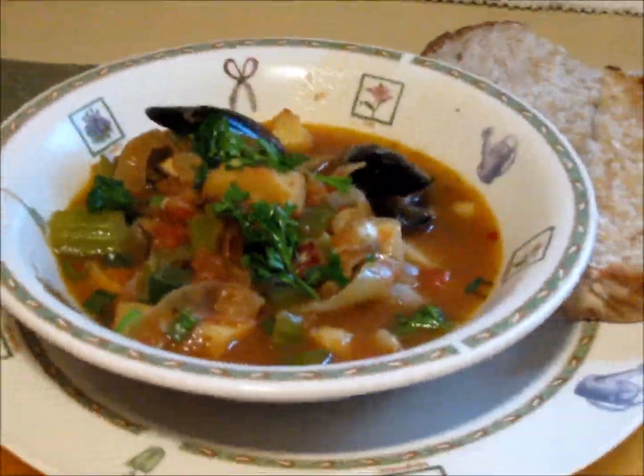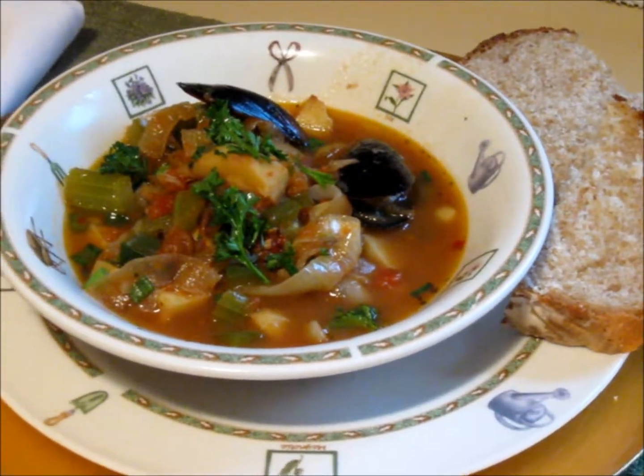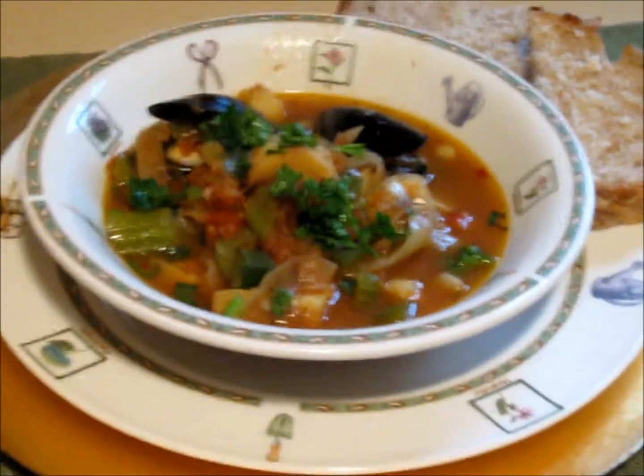Nice bowl of soup here, and we've got some of my rustic bread on the side, and oh, it looks and smells so wonderful. Delicious. Let's give it a try. Let's see, I hope I don't burn myself. It's kind of hot, but